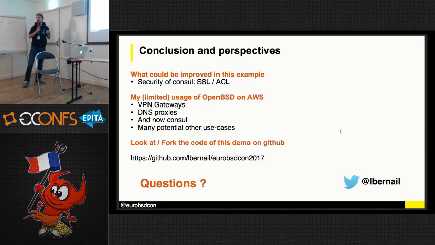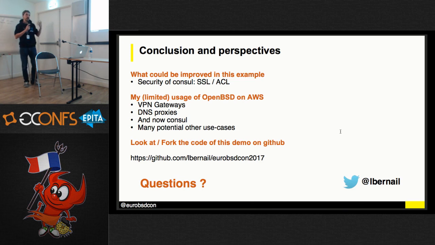So in Consul, you can enable SSL. In my case, there's no SSL communication. You can also have ACLs, so you can give tokens to people for a certain set of keys and limit access to certain keys, because you wouldn't want anyone with access to Consul to be able to reconfigure your VPN. And also, you saw that I put the pre-shared key inside Consul. Since it's a secret, it might be better if it was encrypted even at rest.